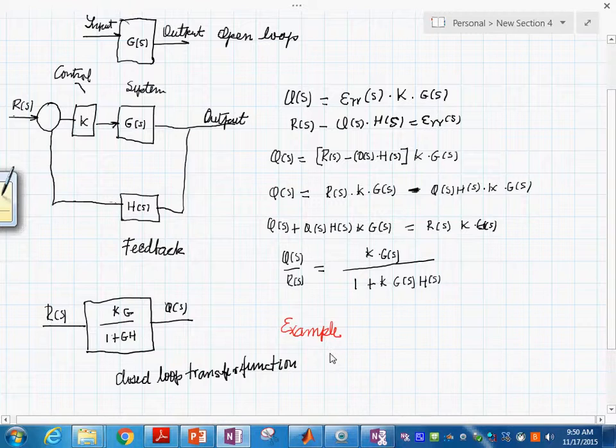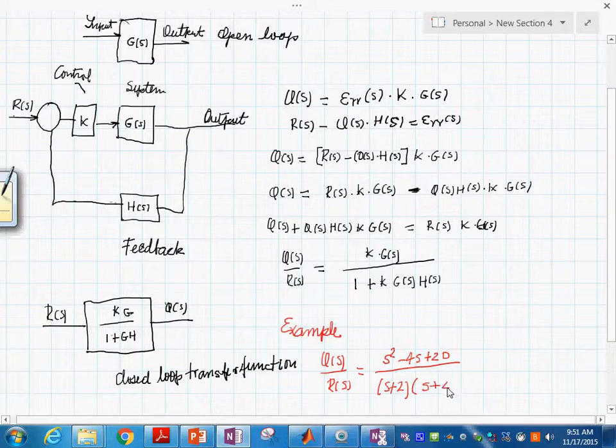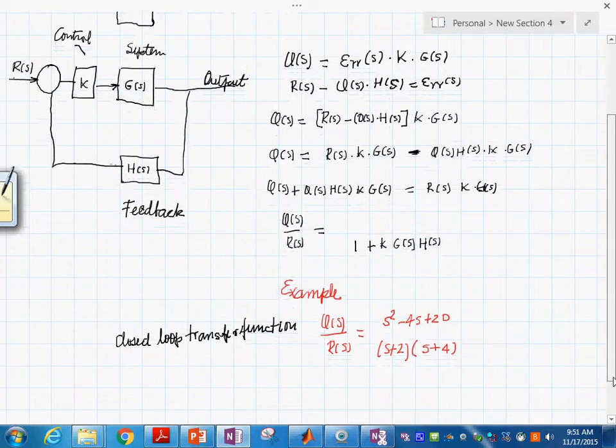Say that the transfer function here, output of S over R of S, is equal to, I'm going to write the polynomial, S squared minus 4 S plus 20, and the transfer function over here of the system is going to be expressed in factors, like this. Okay, so the question here is